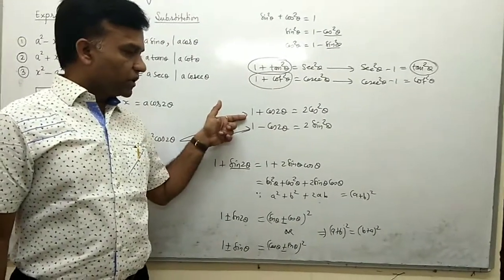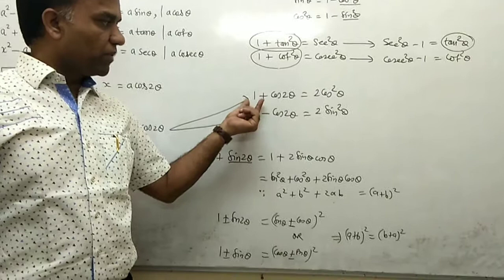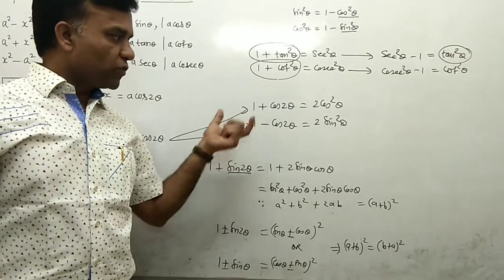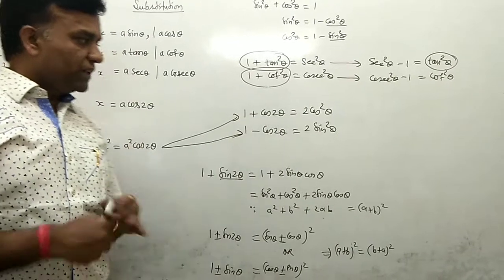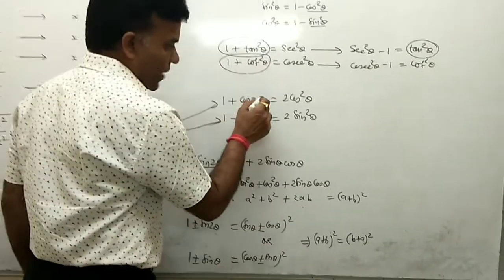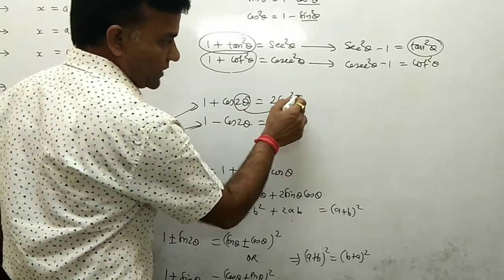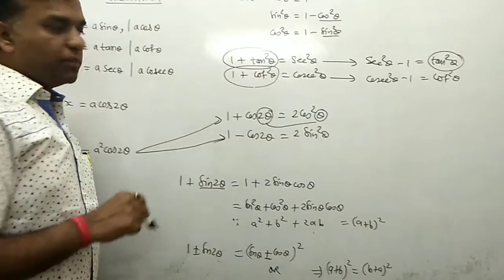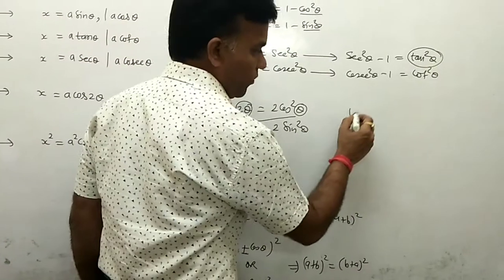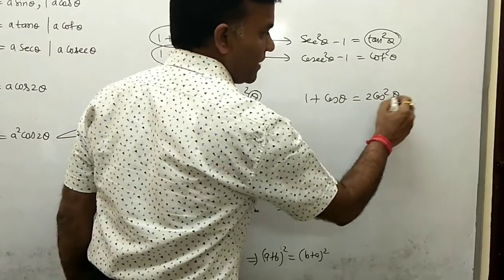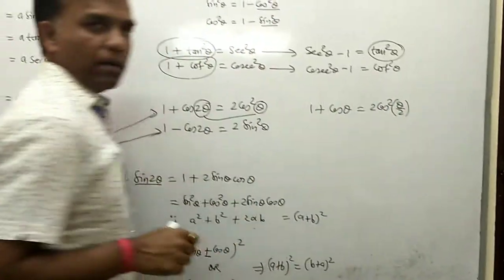Generally we use this formula very often: 1 plus cos 2 theta and 1 minus cos 2 theta. So especially first you focus on this formula, and then also on converting to the half angle, because you have 2 theta here, and then it is converted to theta. That is important, because sometimes we have 1 plus cos theta, whose formula is 2 cos square theta by 2, because the angle is converted to half.